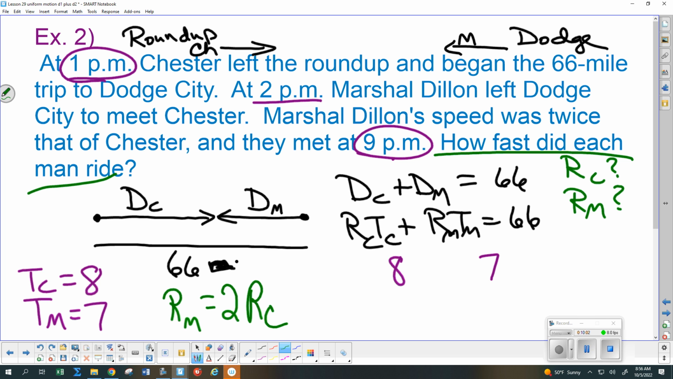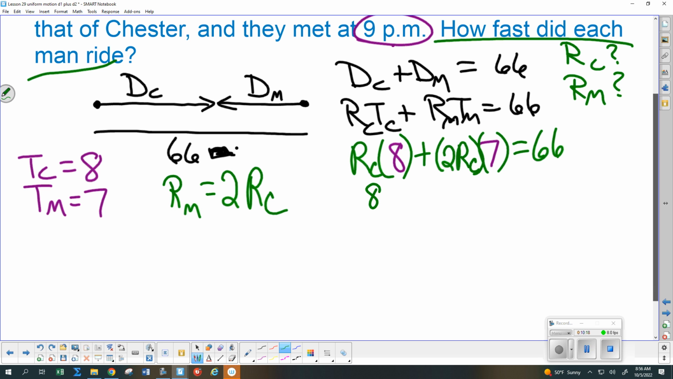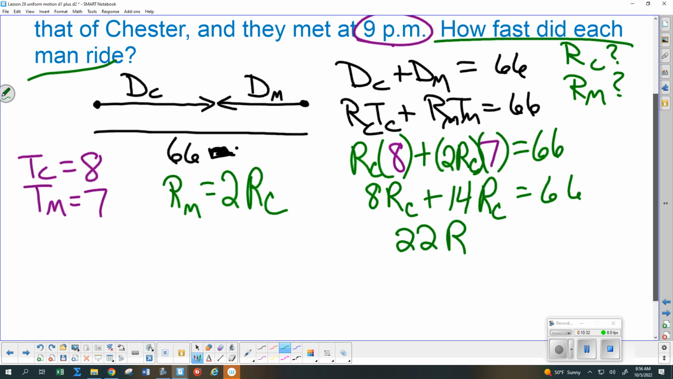So I've got to find both of these. So I'm just going to plug that in for RM, that it's 2RC. And then I'll keep the RC here with the 8. And so let's see, I have 8RC plus how many? So 14, how many RCs altogether? And so if 22RC is 66,